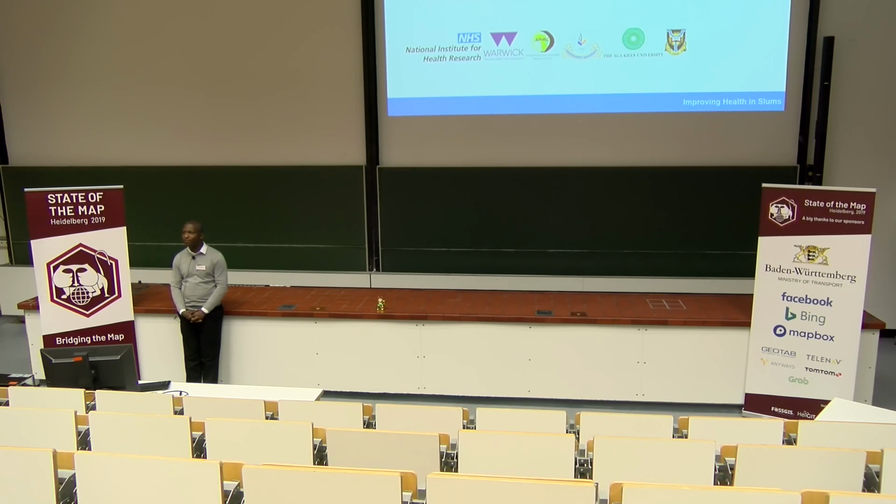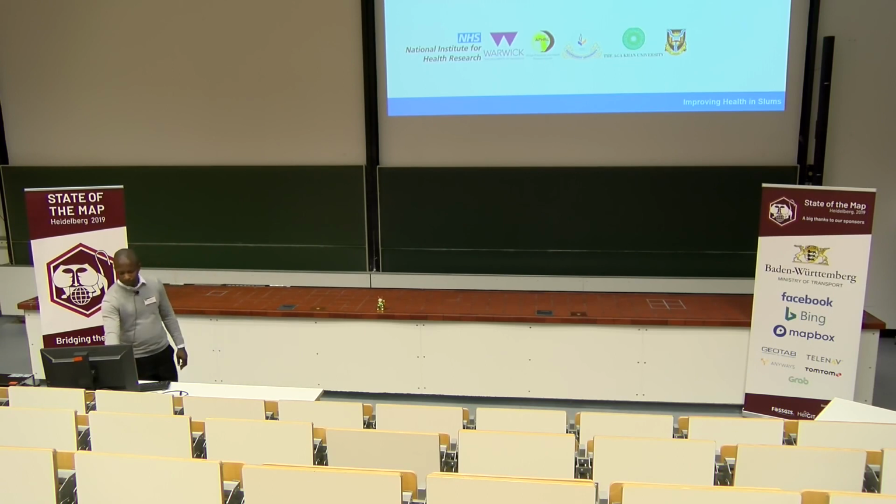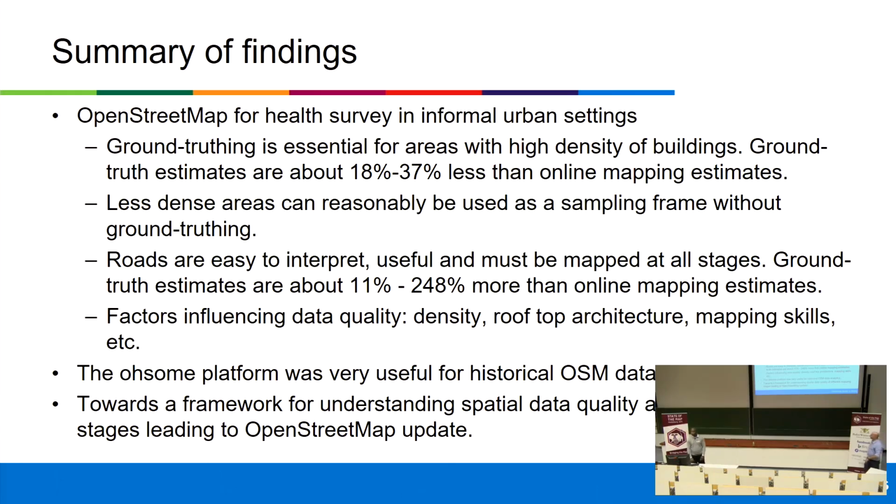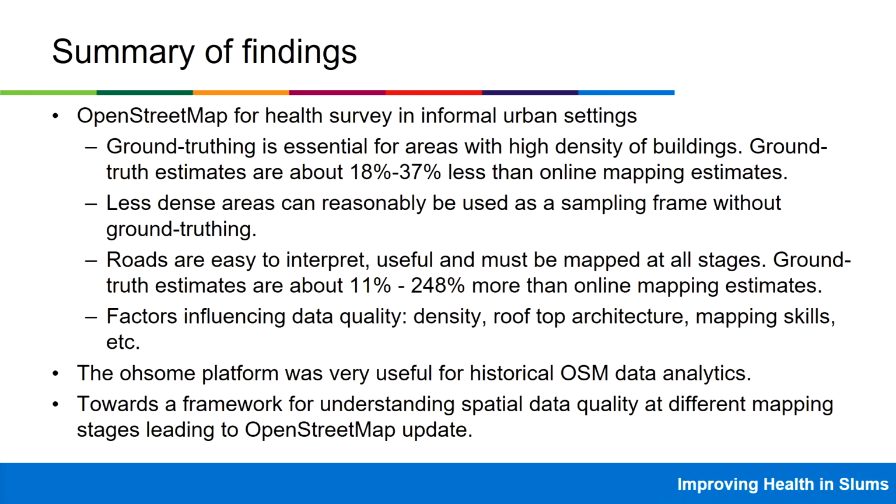I do a lot of work around workflows and field mapping for HOT, and it'd be really interesting to collaborate. Oh, great. The statistic, I think it was like 18 to 37% of the buildings, yeah, if you can jump to that, that would be helpful. Yeah, less than the online mapping estimates. We actually have found the same thing from Botswana to Guatemala and Liberia during field mapping activities. I would say a very similar percentage. Which is really cool to see it validated through your work as well.